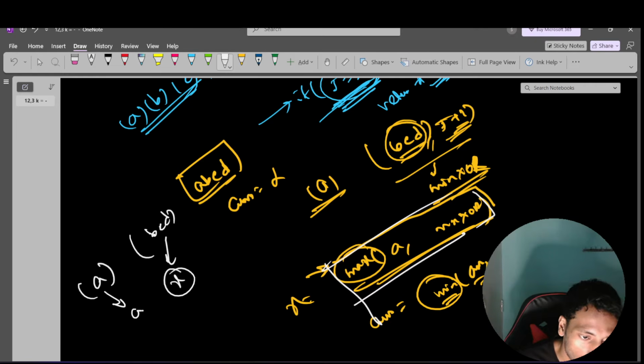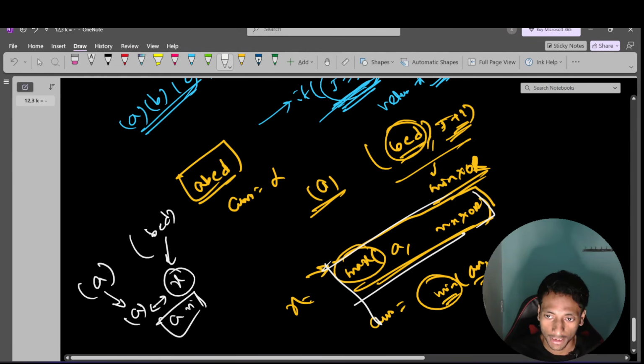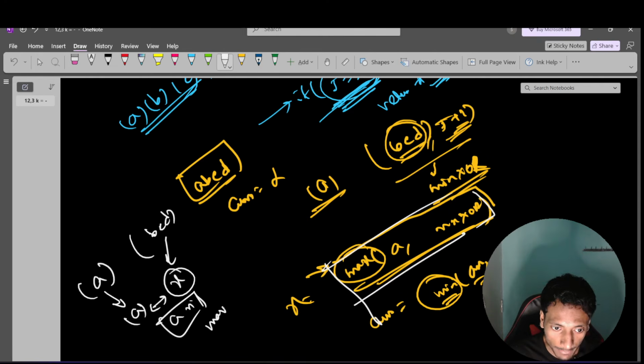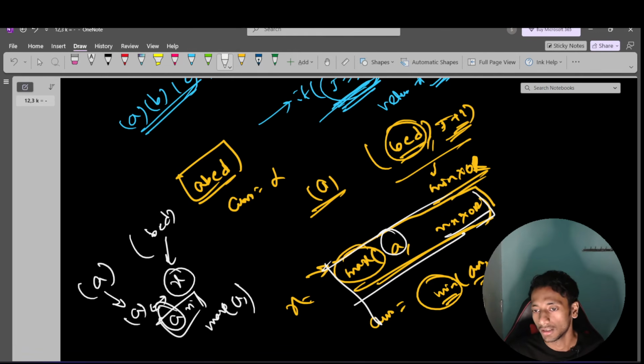So from this subarray I know that this is the minimum XOR I can generate. From this, it is supposed to be n. So this a and x together will generate a valid partition, correct? K number of partitions. That's why I have to take the maximum of all the subarrays. So here one subarray is a, and that's why it should be counted with this x value, which we get from the remaining